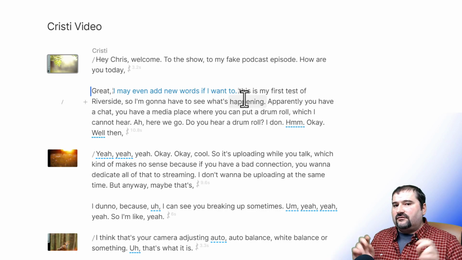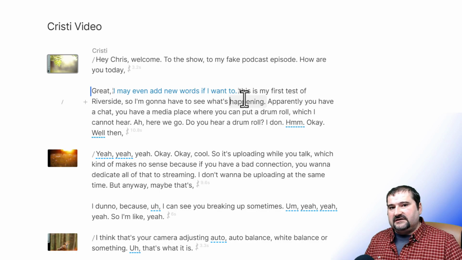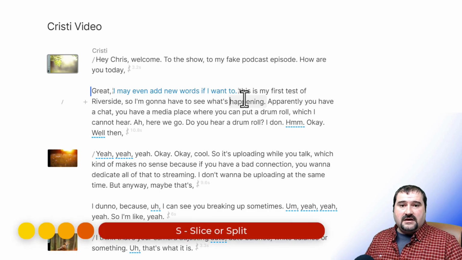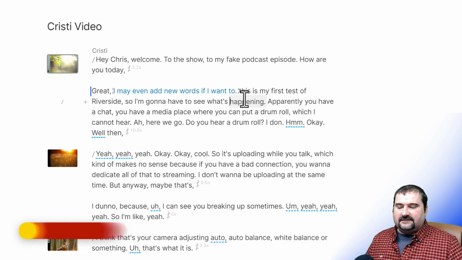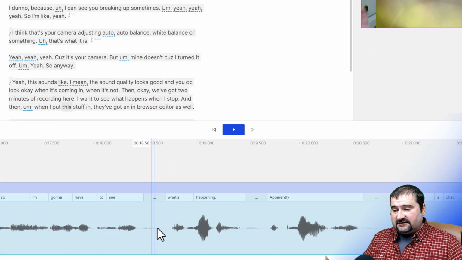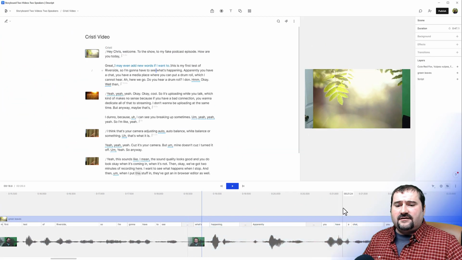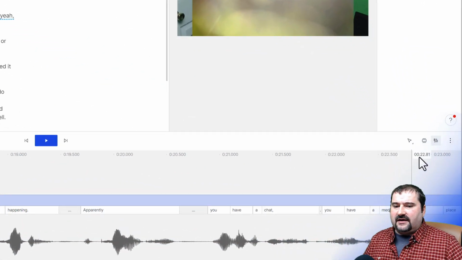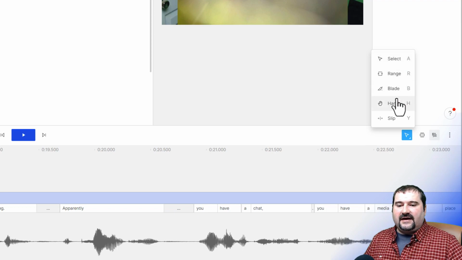Some of the video-related ones have been made simpler. For example, the making cuts, the blade, was Alt-B. Right now, it's actually changed to S for slice, I suppose. So if you come down here in the timeline, you need to make a cut in this clip, just press S, and that makes a cut right there. The tool keys have remained the same. If you look in this menu here where the tools are, by the way, they are select, range, blade, hand, and slip. So there's a new tool here, slip.